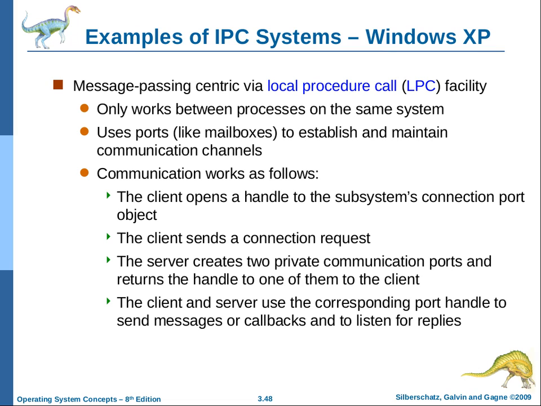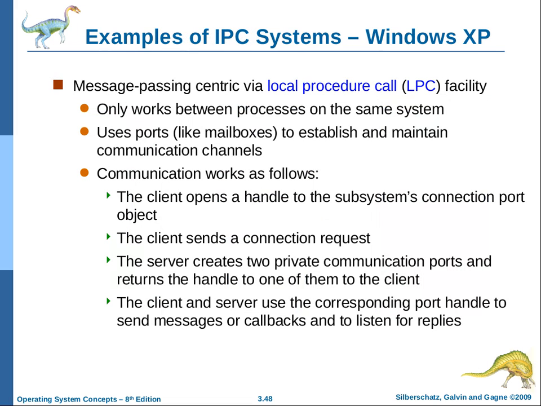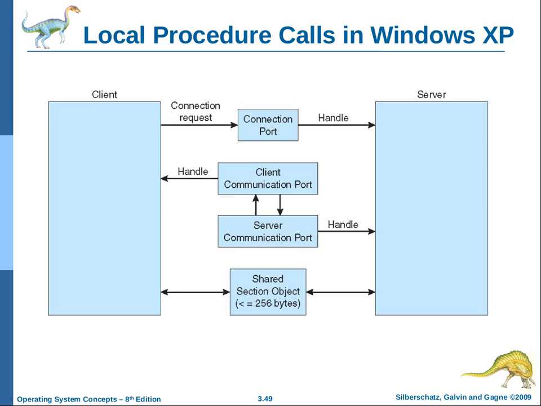Communication works as follows. The client opens a handle to the subsystem object, sends a connection request, et cetera, et cetera. Windows does it internally with ports. And look, it gives us the nice flow graph. Wait, that's two different things. No, IPC, Windows XP, local LPC. The client and the server are on the same machine. Yeah, that's what's confusing here. Even though they use the word port, which implies this could be over Ethernet, but whatever, that's just silliness. Client port, and then, all right, fine, it talks, and then eventually gets a shared object.